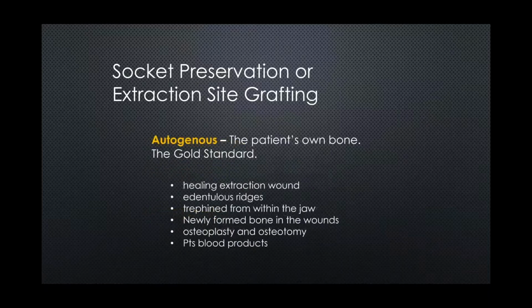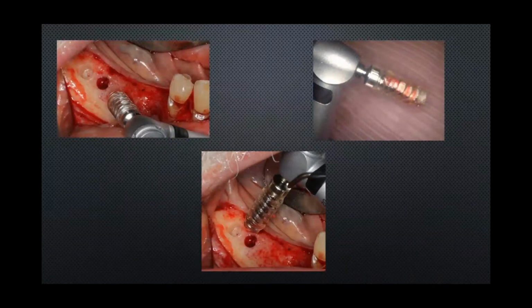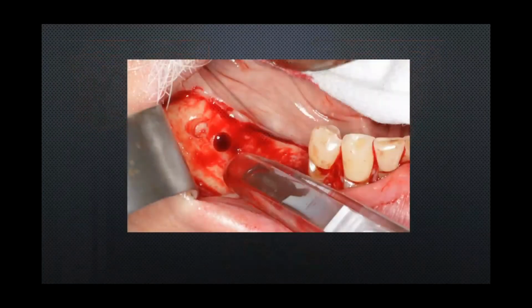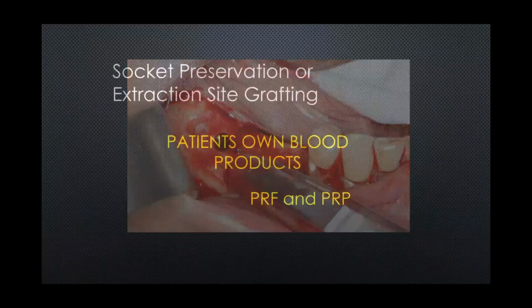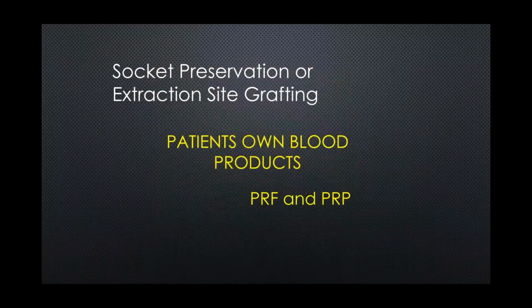Okay, so let's go through those 4 different categories of bone. Autogenous is, as we say, the patient's own bone. It's the gold standard. We can get it from extraction sites in adjacent areas, trephinating areas in the bone, patient's own blood products as well. There's different instruments and materials that are out there to help us cultivate some of the patient's own bone. Okay, next, blood products, PRF, PRP, really, really big in our literature nowadays, also helps us in packing our bone